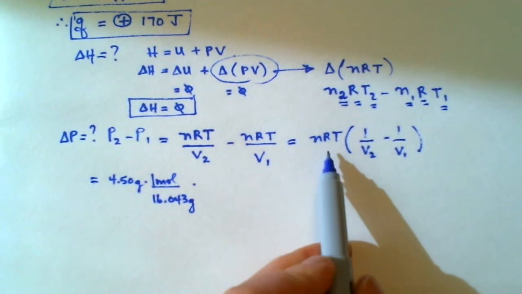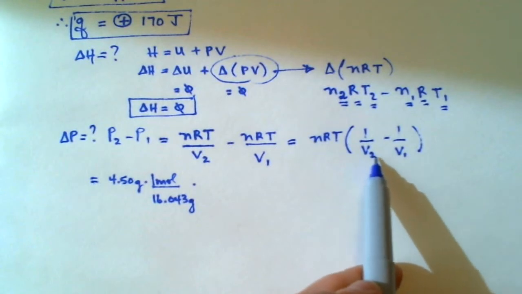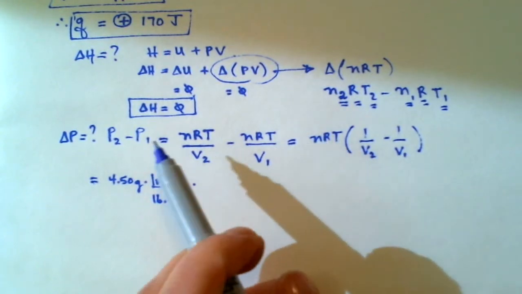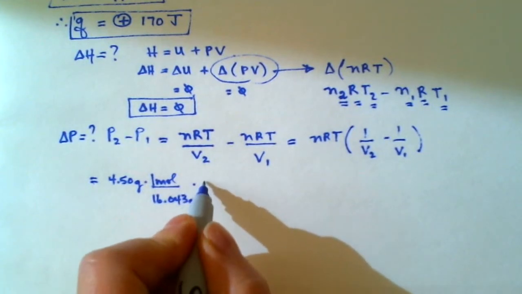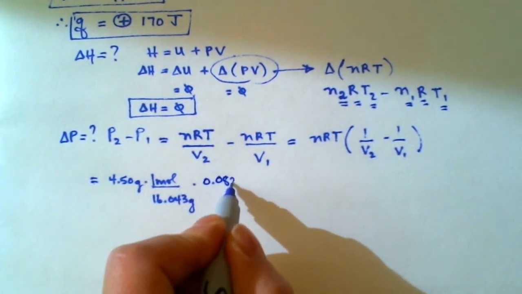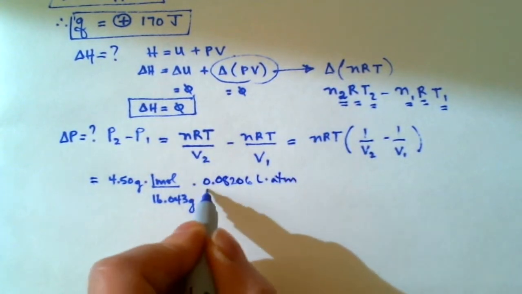Should you use the joule per kelvin mole or the liter atmosphere per kelvin mole? I'm going to end up with liters on the bottom, and I only want atmosphere in the answer, so I'm going to use the 0.08206 liter atmosphere value,